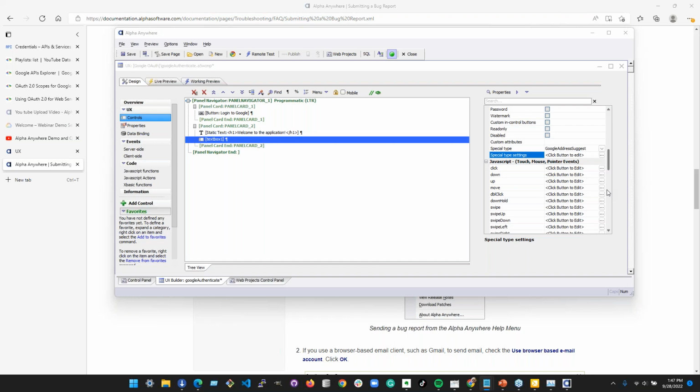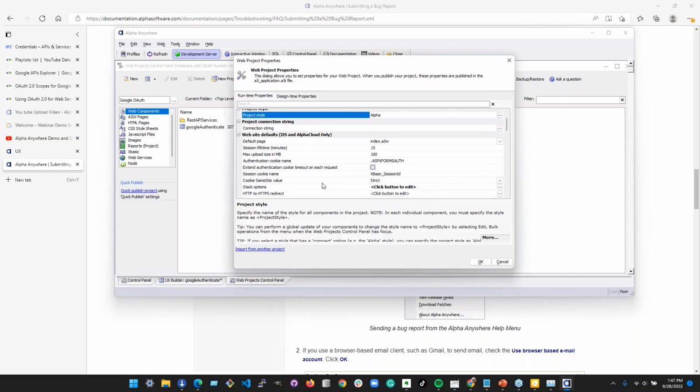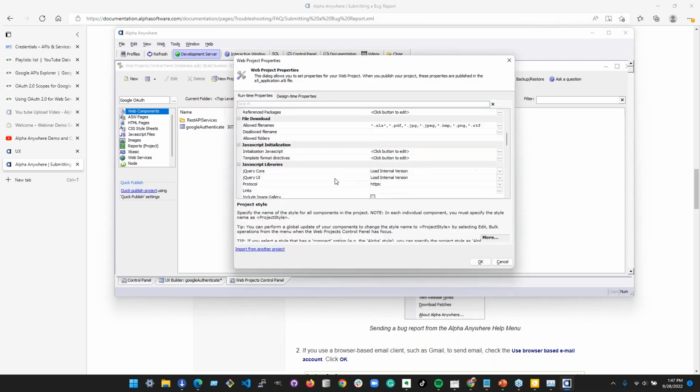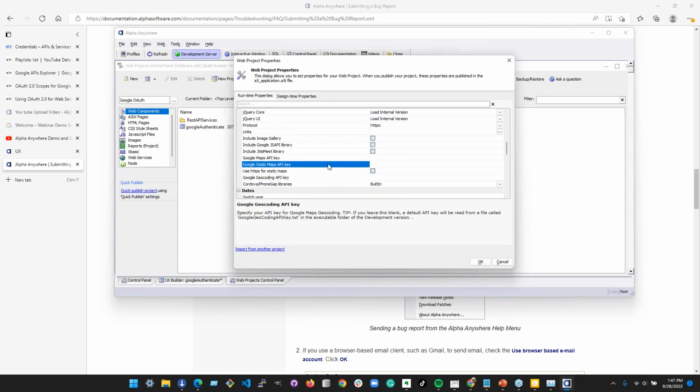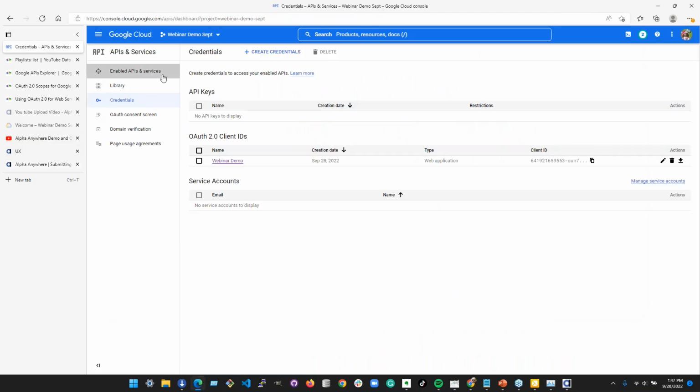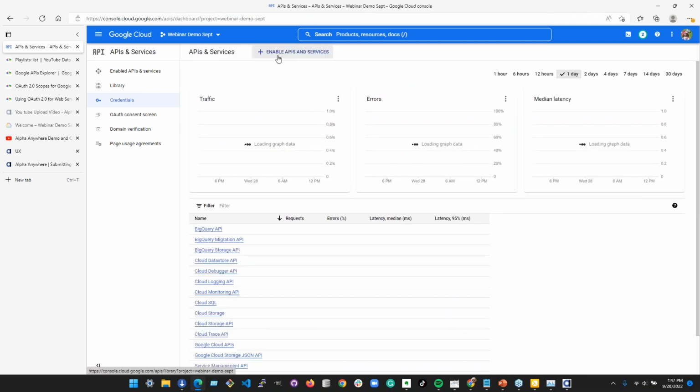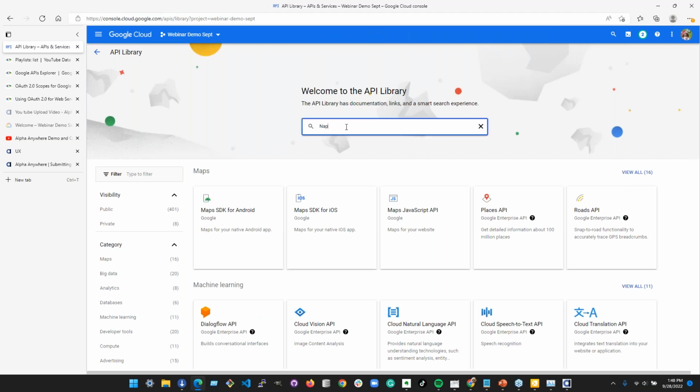Okay, we were doing the Google address suggest, and we were at the point where we were going to supply an API key into Alpha Anywhere. Yeah. So I think we would already need to add the console. Let's see here. I always like to put the API keys in here in the project properties. I just don't remember which one it is. It's either maps, static maps, or geocoding. So we would need to first enable those on our account, and I'm just going to add all three because I don't know which one it is. Okay. So we'll search for maps.